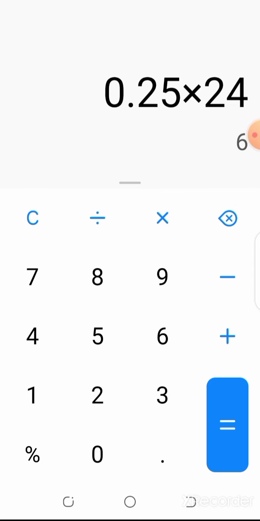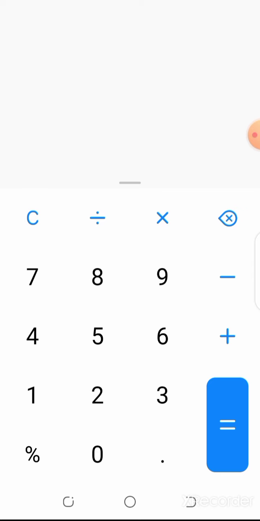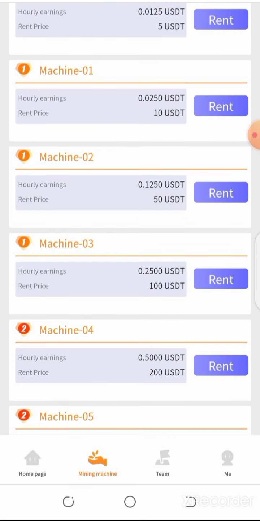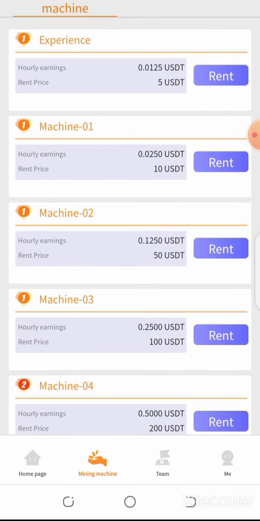If you mine for 24 hours, you will get $6 on a $100 investment. Guys, if you don't stop, the mining will run continuously, so you will get the full $6 in 24 hours on $100 investment.